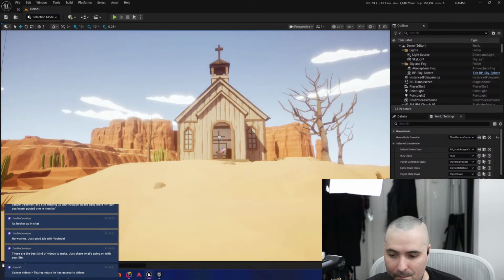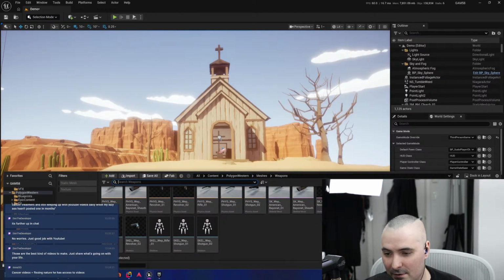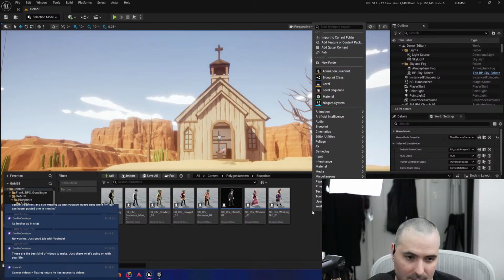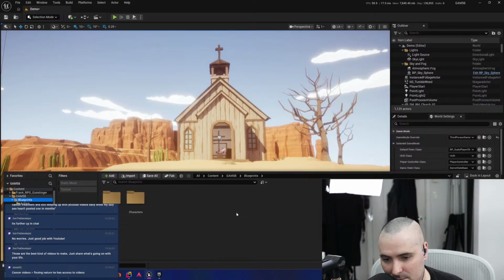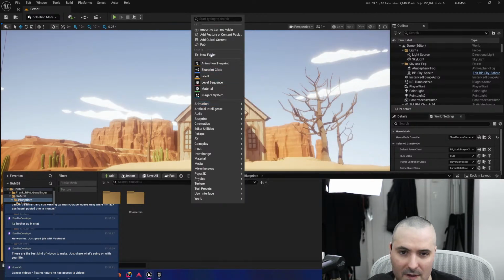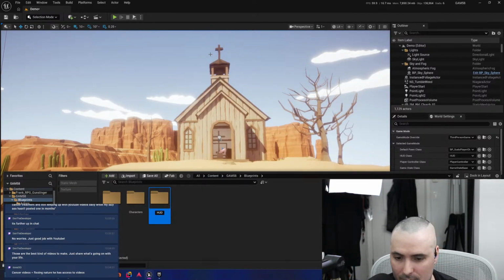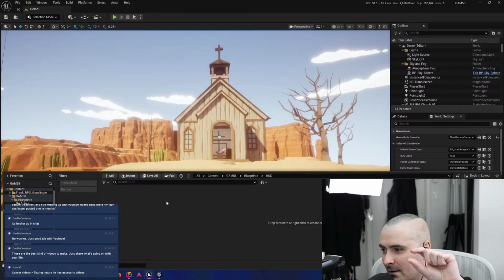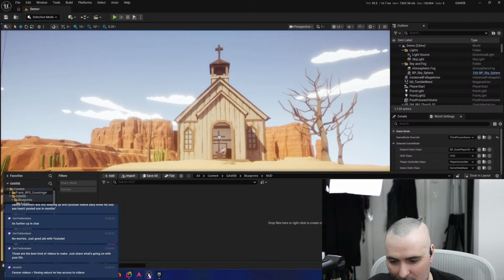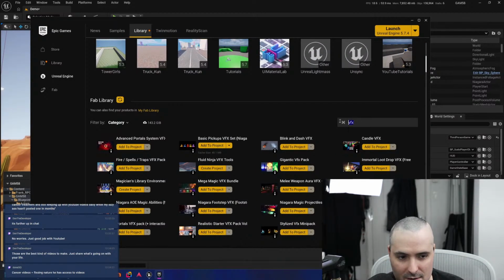Okay, so the next thing that we have to do is we need a blueprint. Oh, sorry, not a blueprint. We need a HUD. Mainly because I want a little dot in the center or a crosshair.